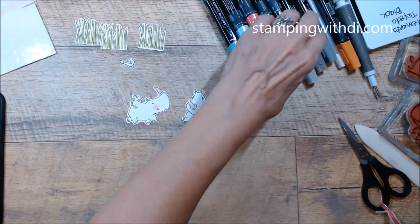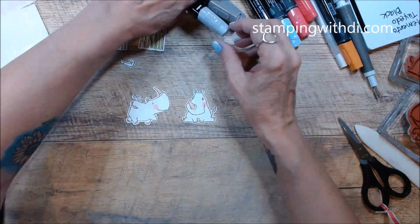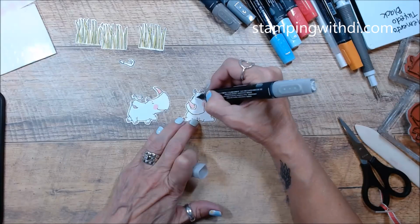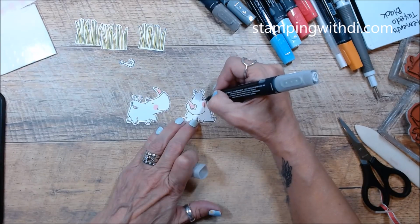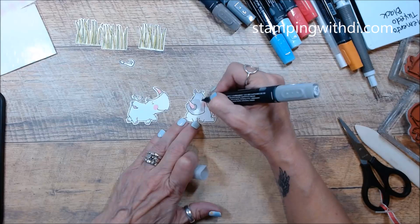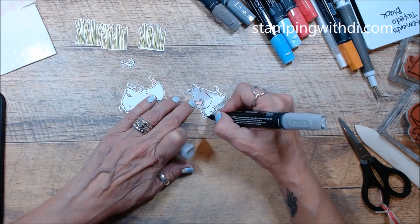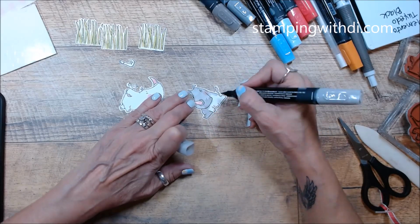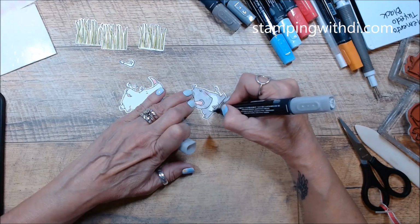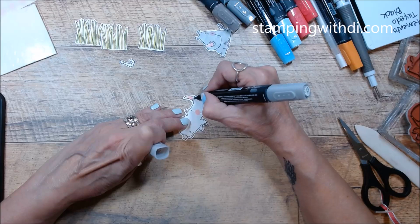Alright, so let's also do our hippo body. So I'm going to use light smoky slate, dark smoky slate, and light pebbled path. So I have light smoky slate. And I'm just going to color the whole thing. I'm going to avoid her eye there. I'm going to color the whole thing right over the pink cheeks because you can still see them under there. So this is just light smoky slate. And I usually don't use the big tip, but there's quite a bit of area to cover, so I'm using the big side today. Alright. And then